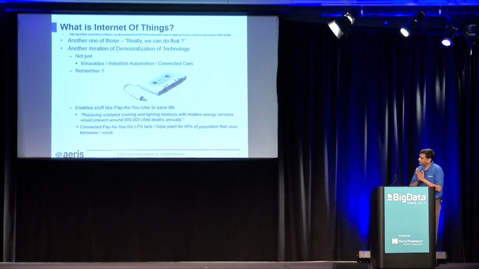You can see the references up there, so you can look them up in the slides later. The way I think about it, it's another technology iteration, where we ask, is that really possible? IoT is one such iteration, and there's also another iteration of democratization of technology. If you think about the basic mobile phone, the SMS concept reached villages worldwide. It democratized the technology, allowed innovation, and people's day-to-day lives changed dramatically. I see IoT as another iteration of that.